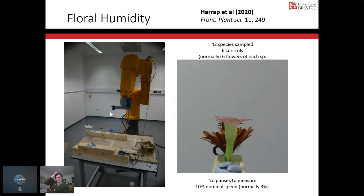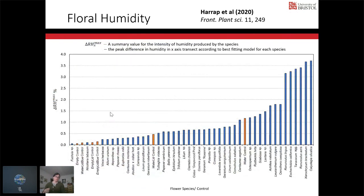So using this method, we sampled 42 flower species, including resampling the evening primrose Oenothera cespitosa. In addition to this, we sampled 6 controls, all of which were variants on the water-filled and capped tube that we presented flowers to the robot in, just without a flower present. So this transect method does produce structural data, the changes in humidity across the transect as we go through the flower's headspace. But on the whole, floral humidity is greatest at the center of the transect, where it's nearer the center of the flower. So what I'm actually going to present to you today is one of our summary values. This is delta RH max. This can be thought of as the average peak difference in humidity relative to the background produced by each flower